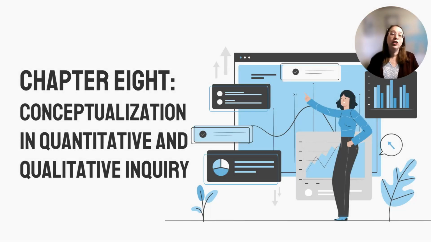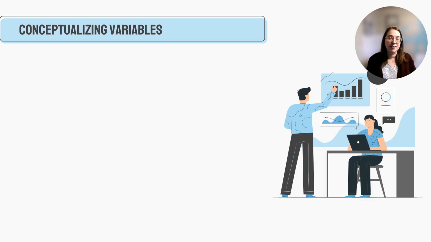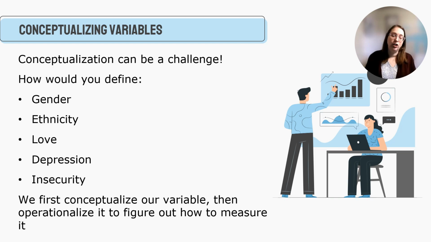Everyone, in this video we're going to talk about chapter 8, which really focuses on conceptualization in different types of research designs. So we've talked a little bit about conceptualization in some of the previous chapters and given some examples. Remember when we did our chapter about caseload and looking at the relationship between caseload and symptoms of burnout? Well, remember we had to talk about how are we going to define caseload? What does that look like? What does burnout look like? How do we measure that? And so it really can be very challenging.